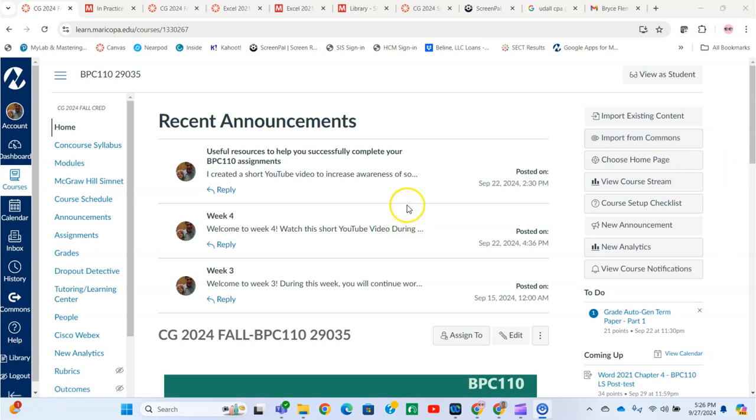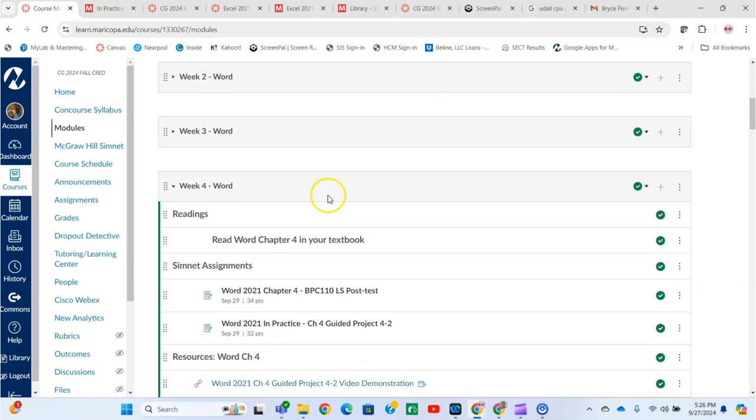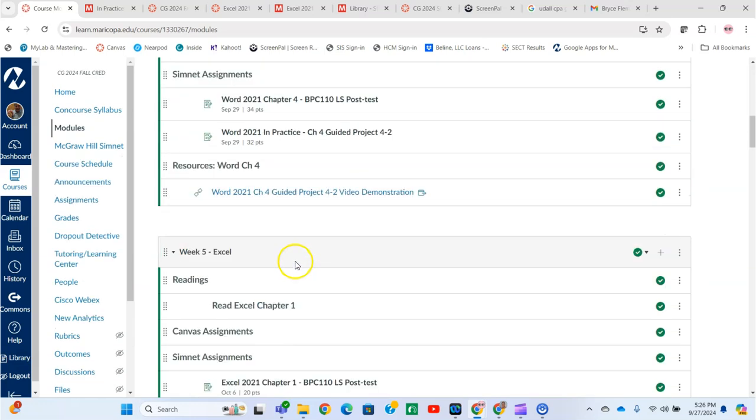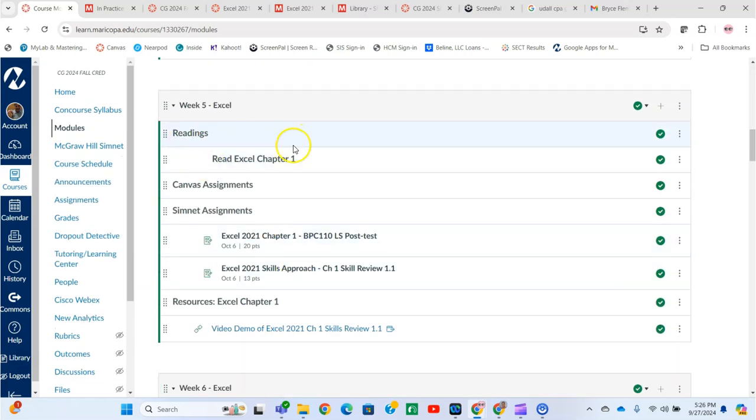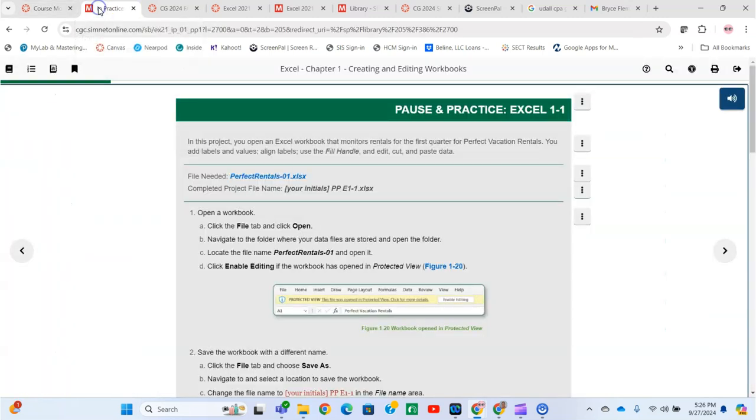We're starting to cover the Excel topics. We're done with the Word modules, so if you go to the modules on the left-hand side and go to module 5, you'll see the assignments and the readings. The first one is to read Excel Chapter 1. So if you go to Excel Chapter 1,